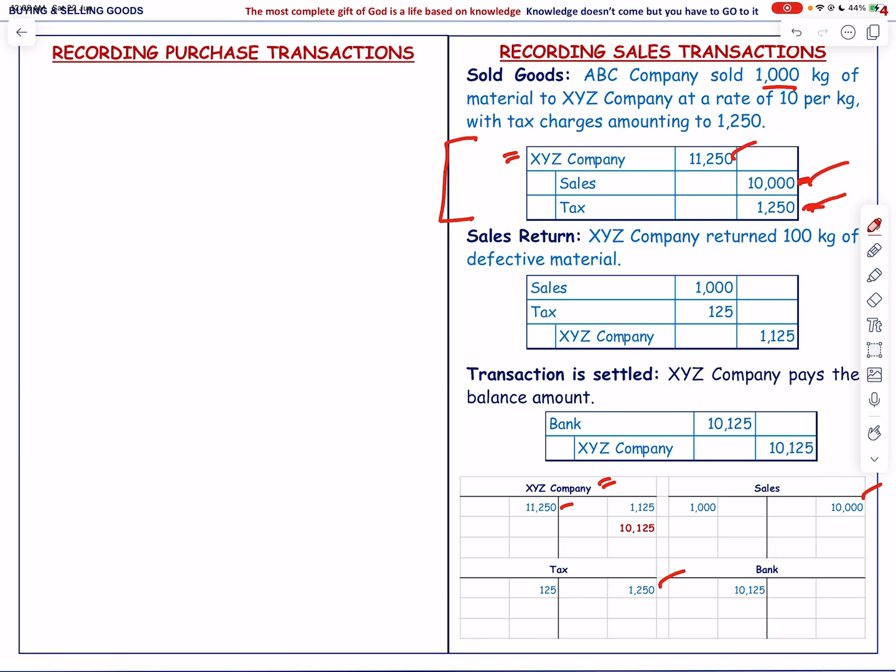So, having recorded the sales transaction, several future events could potentially influence its accounting treatment. These events include sales returns, post-sales discounts, adjustments for exchange rate variances, or corrections to recorded amounts. Each of these scenarios may require adjustments to the initial sales transaction between ABC company and XYZ company. In the event of sales return,